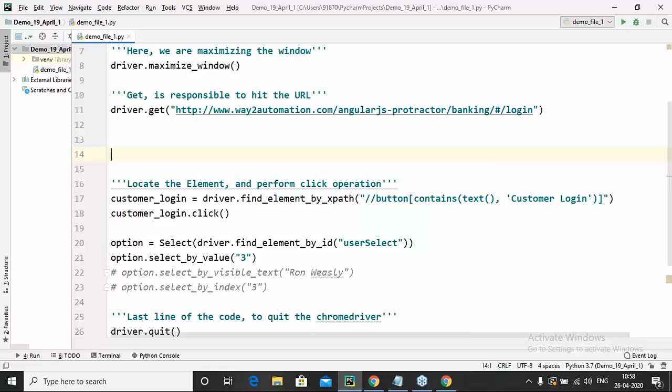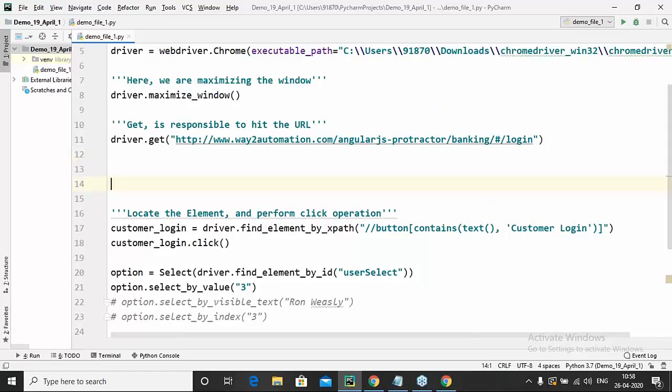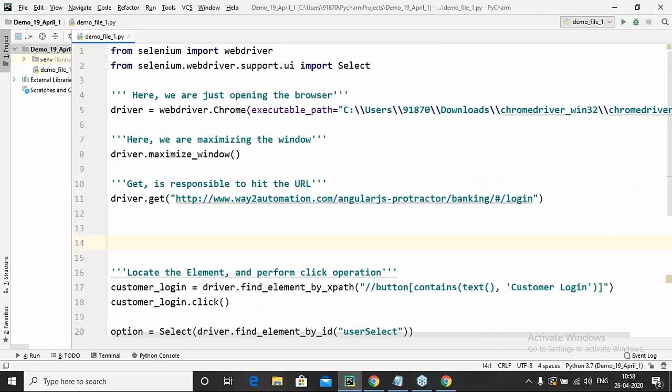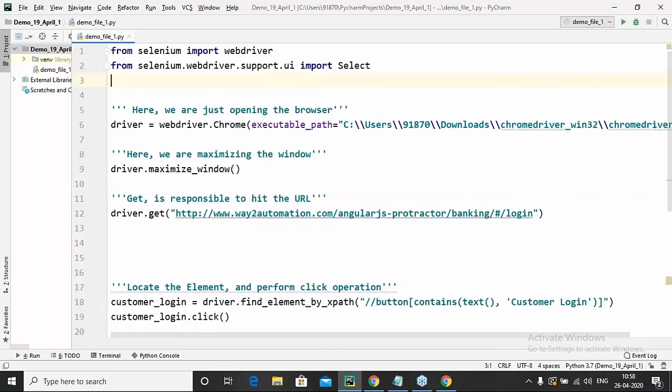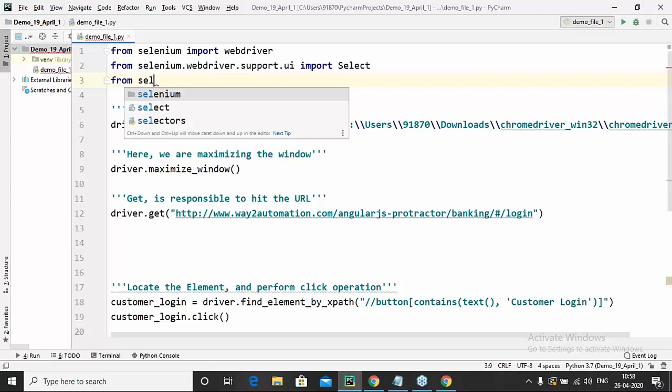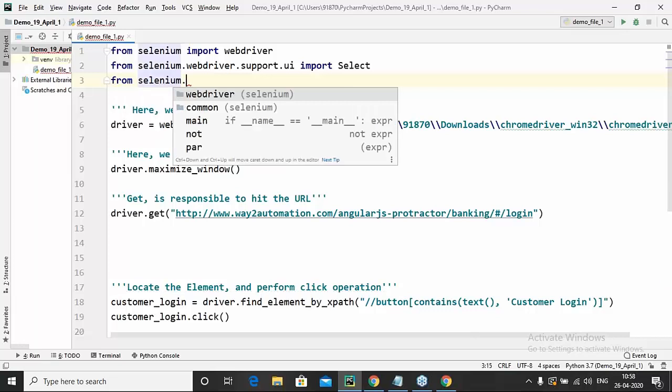To make it wait, we have something called WebDriver wait. So we have to import it again. We will be writing from selenium.webdriver.support.wait import WebDriverWait. Now WebDriverWait is again a function, guys, which says, okay, I'm giving the driver here.